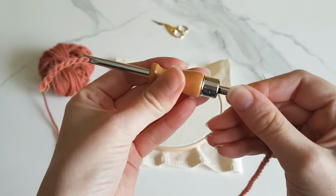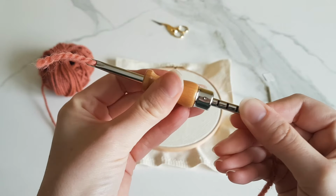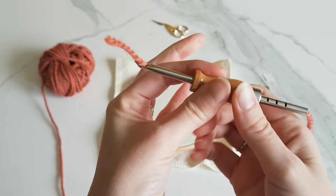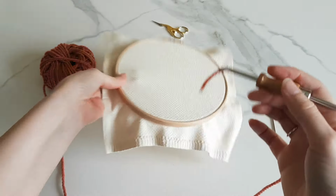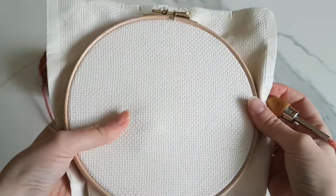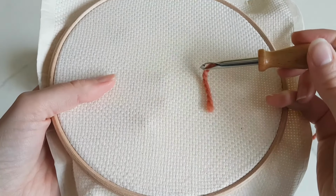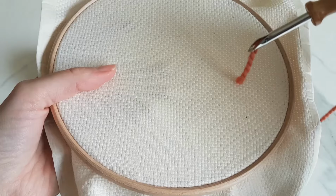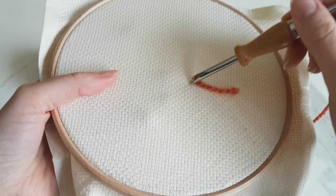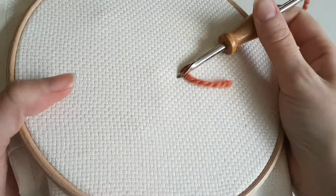So now let's start punching. We adjust the size of the loops to quite small loops, so make sure the front part of the needle is small. Then we take our monk's cloth in this case, make sure it's tight in the hoop, and we can start to punch. So we put the needle like this with the tail following us, and we make sure that the